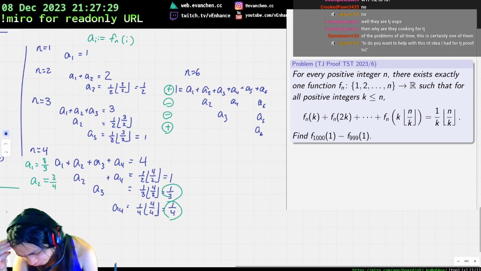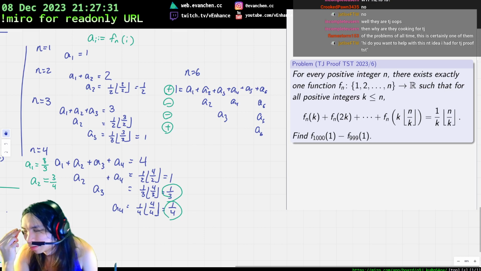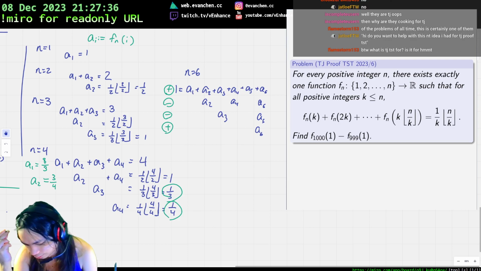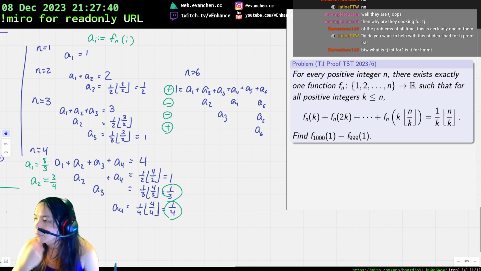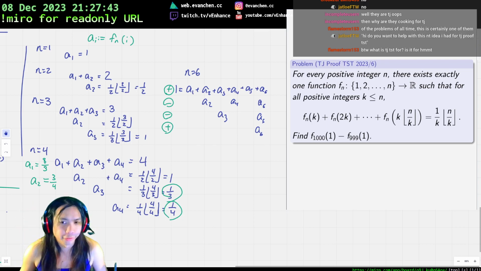Yeah, it's possible I don't need most of these equations. Maybe that's what's going on. Maybe I only need the ones where k divides n, and then you just run it over. So for general n,